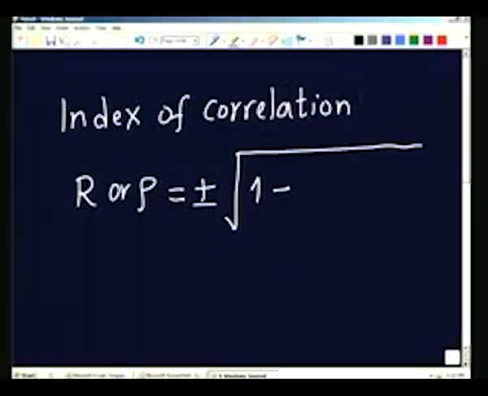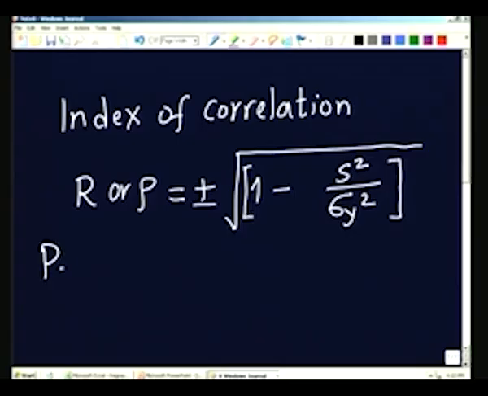Therefore, if I take 1 minus s squared by sigma y squared, put it under the bracket and the square, take the square root, this will have that property. That means perfect correlation